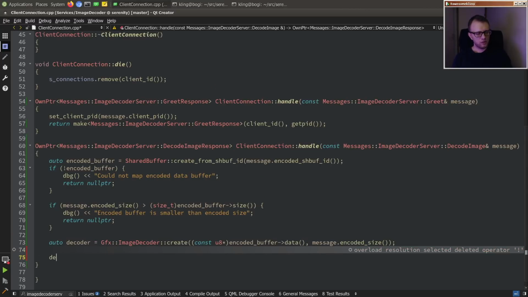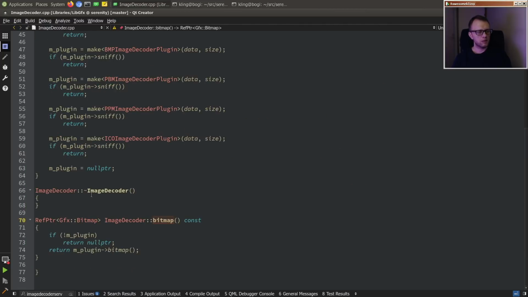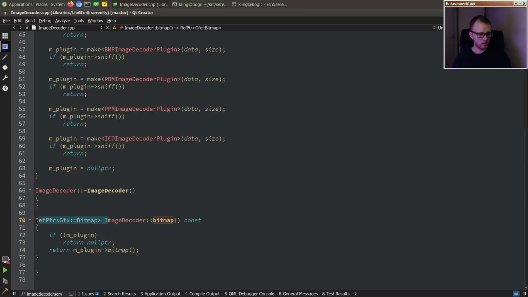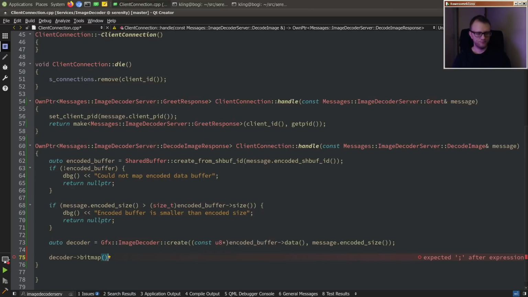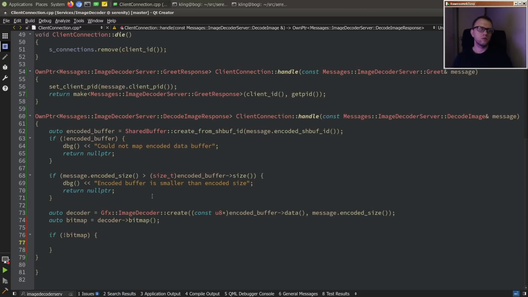So, decoder, bitmap. So what will happen when we call bitmap here? It will give us null or a bitmap. Cool. So bitmap is this. Okay, and then if bitmap fails, then what we will do is, I guess we'll send a response